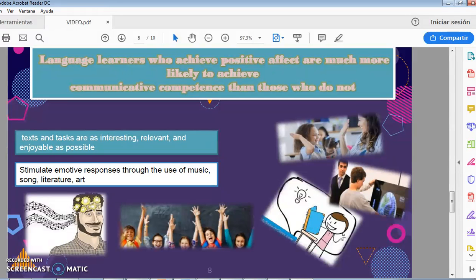In L1 learning and use, learners typically make use of mental imaging, which can accelerate learning and improve performance of all sorts